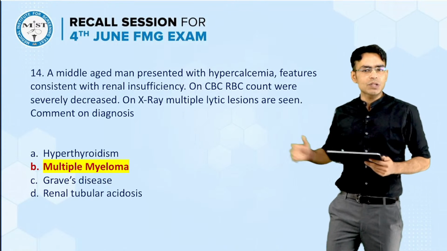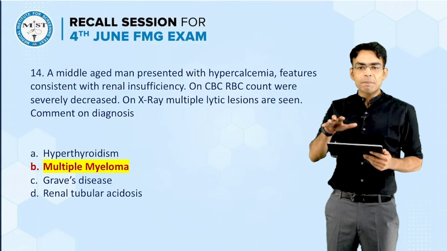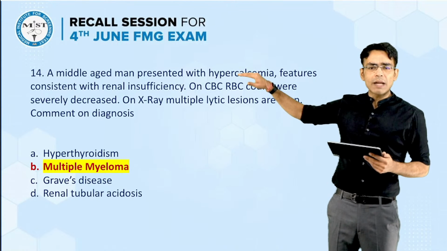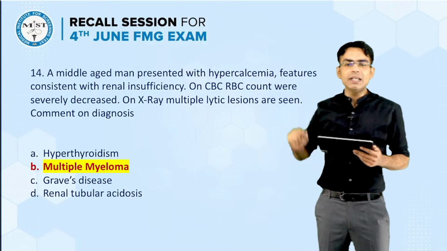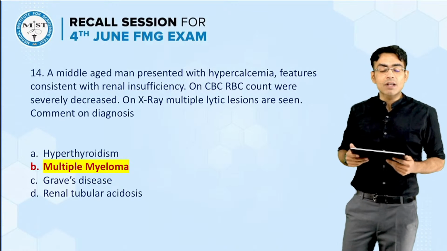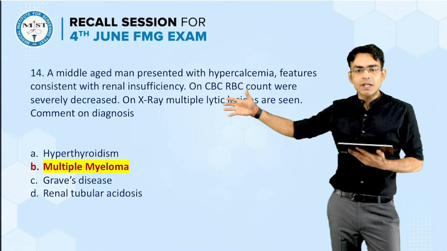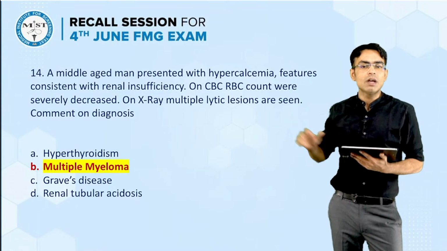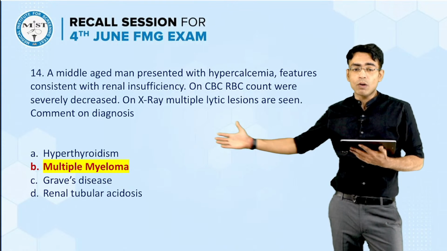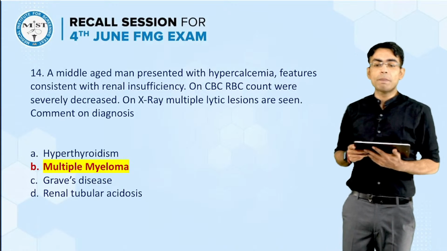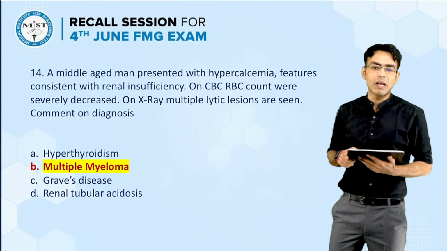Comment on the diagnosis. It was a straightforward question which comes from multiple myeloma. You are seeing the features of CRAB. You are seeing hypercalcemia, then the renal failure, then you are having the anemia, and bony lytic lesions are also there. So CRAB is present. Was there anything else in the history of this patient? Had they mentioned something else? Please let me know in the comment section. But whatever students have told me on a recall basis, and on the basis of what other options we have, the correct option for this question would be B, multiple myeloma.